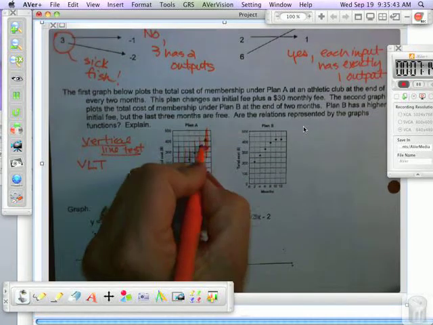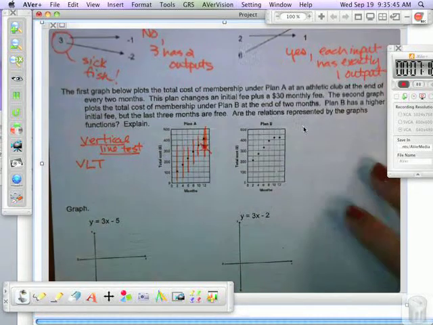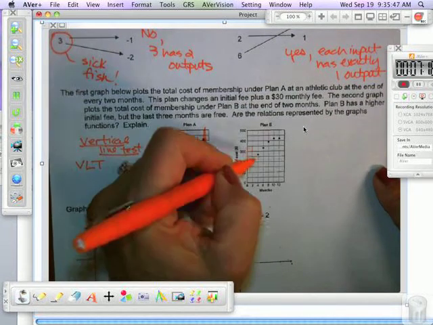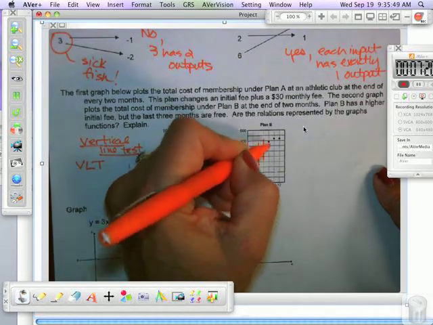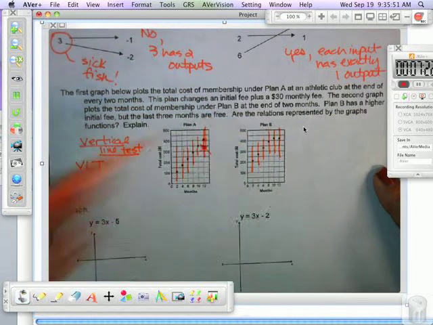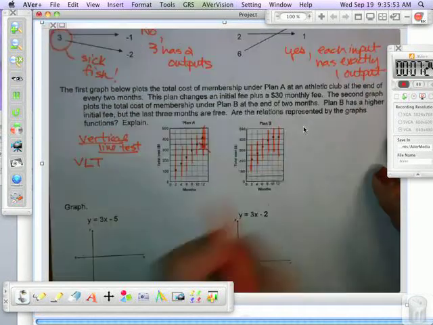Oh, I'm sorry, this is a function. These both pass the vertical line test. Look, my vertical lines only hit 1 point, correct? Okay, so both graphs